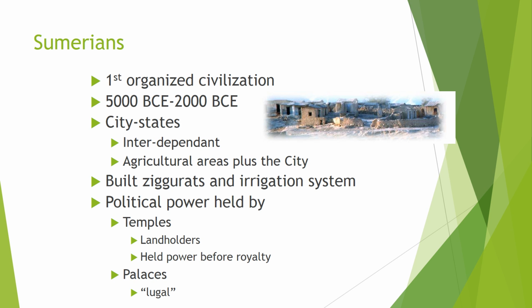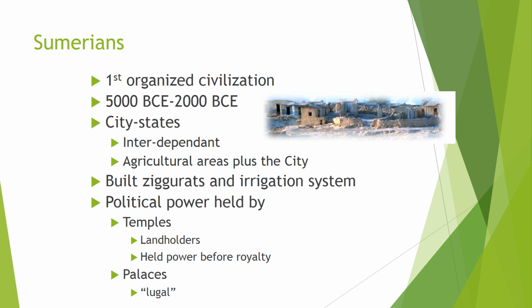Political power, how do we do that? That's held in the temples. Landholders having power. That is a really important idea. For the most part, when you start looking at culture and politics and the way societies are run or interacted, you have to control some kind of resource to have power. The easiest resource that is controlled by people that have power throughout this course is land. And so that land oftentimes gives people power, because of what's grown on the land, what's taken from the land, stuff like that.